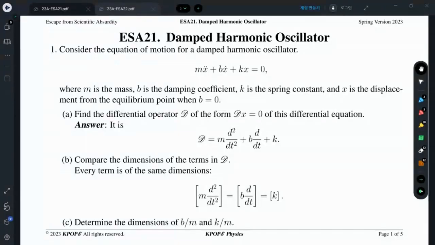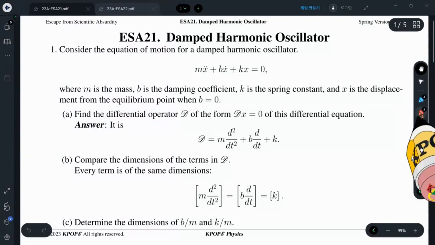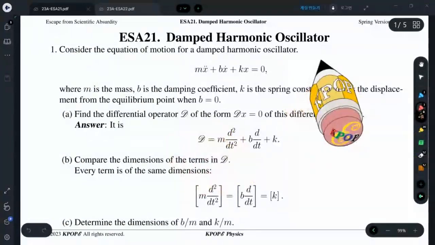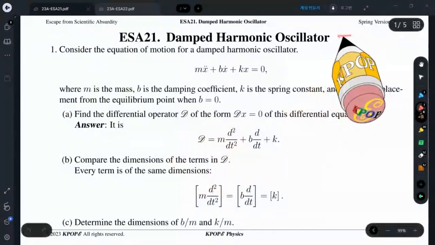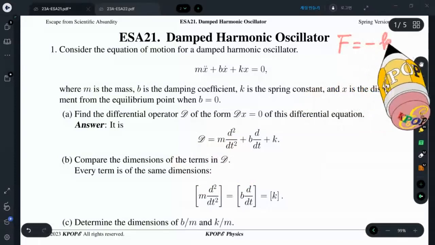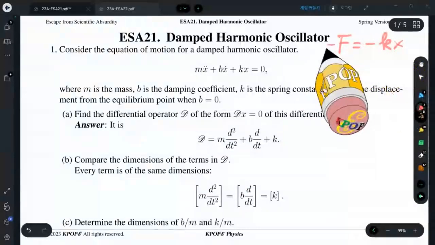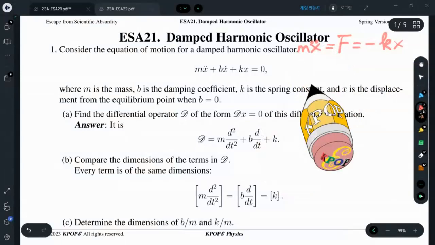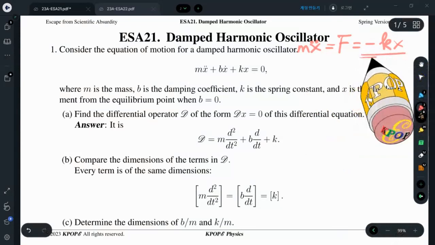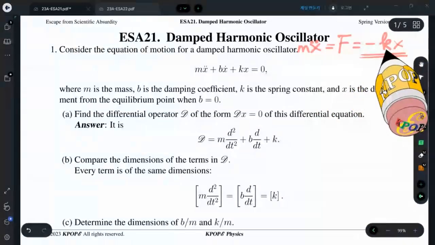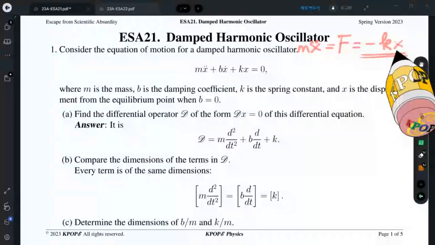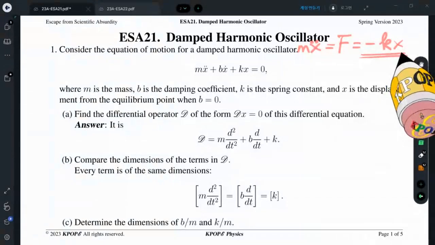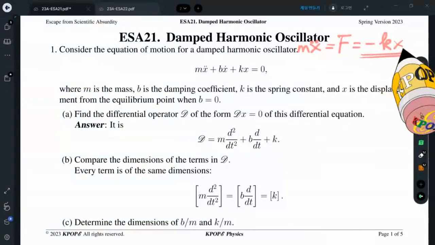A21 damped harmonic oscillator. We learned the harmonic oscillator, that is F equals minus kx, and F is always m x double dot according to Newton's second law of motion. This is a restoring force, k is the spring constant, and x is the displacement from the equilibrium position where the spring force